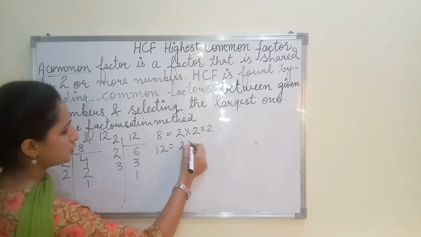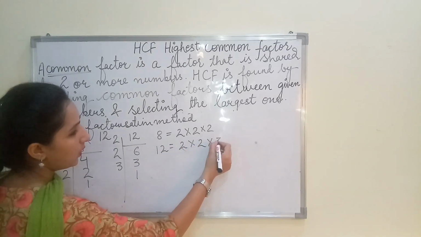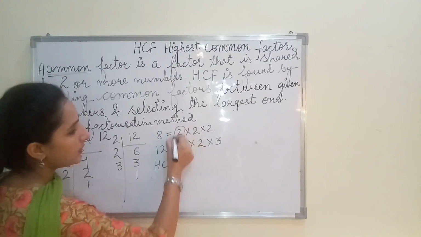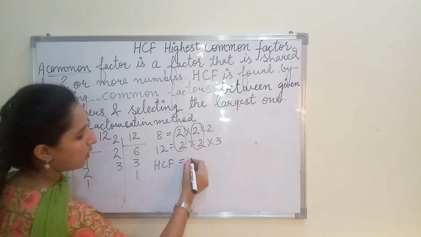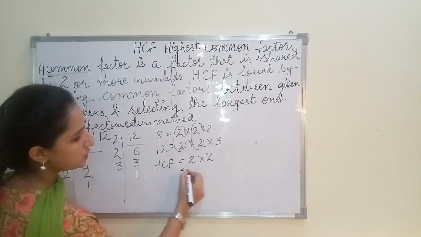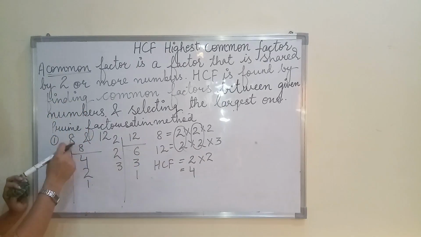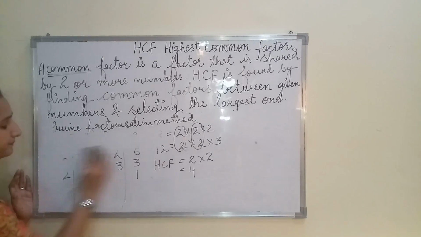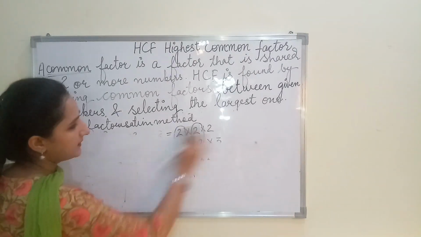2 into 3. Now what is the HCF of 8 and 12? जो इन दोनों में common आया, 2 and 2 is common. So you have to write in one pair को एक ही लिखना है and 2 2s are 4. So the HCF of 8 and 12 is 4. Let's take one more example for your better understanding,